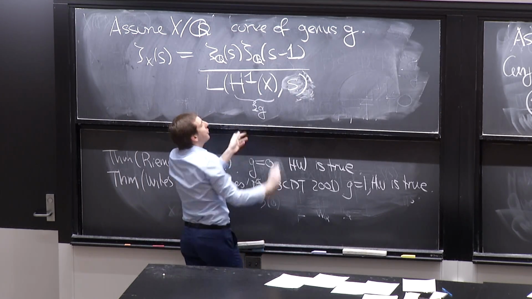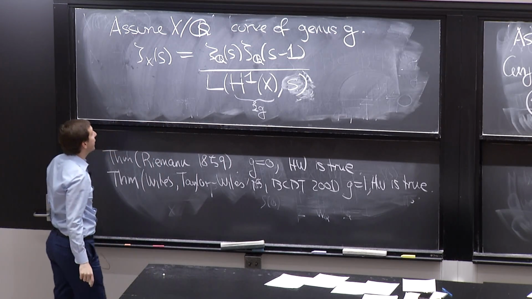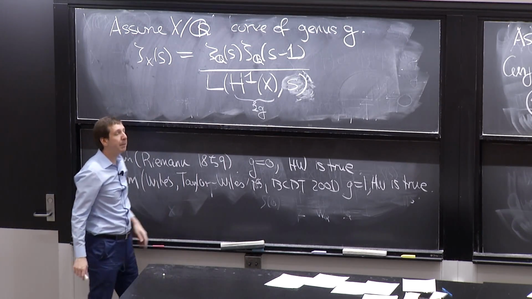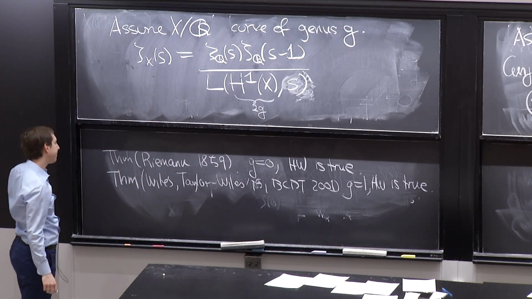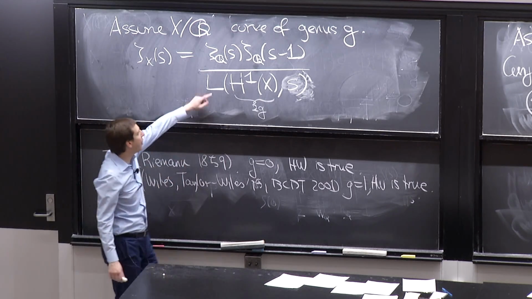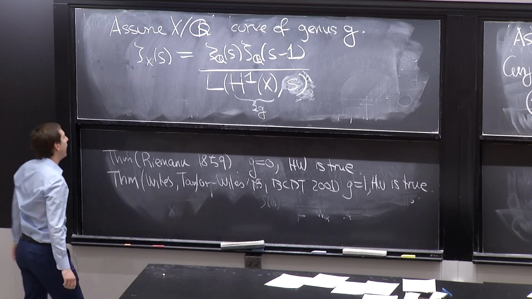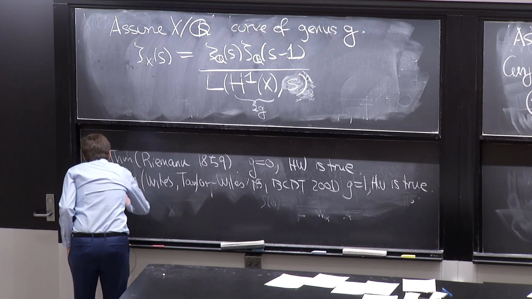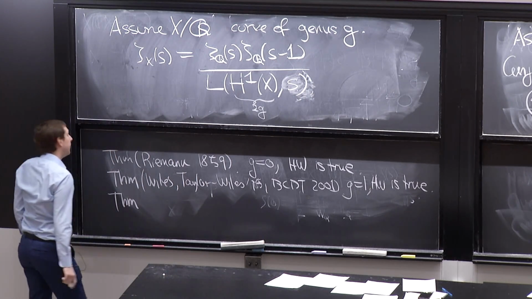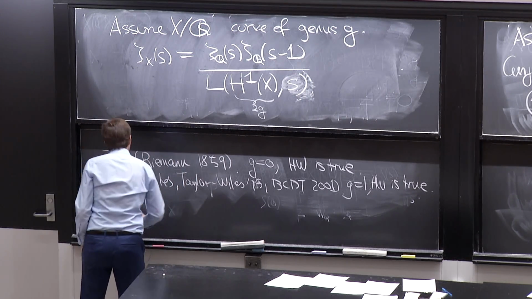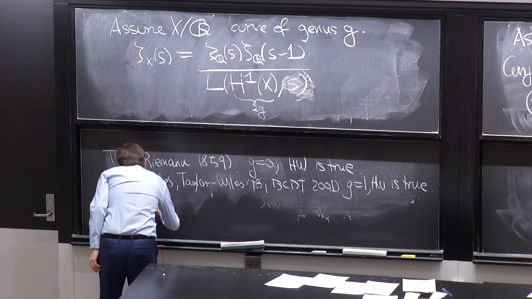This has lots of zeros where the numerator doesn't have any zeros. And so this will in general have many poles, even provably in many cases. So even though they prove something stronger about this function in the context of the Hasse-Weil conjecture, they don't prove anything more. And then the theorem, well, one version of the theorem that we proved,